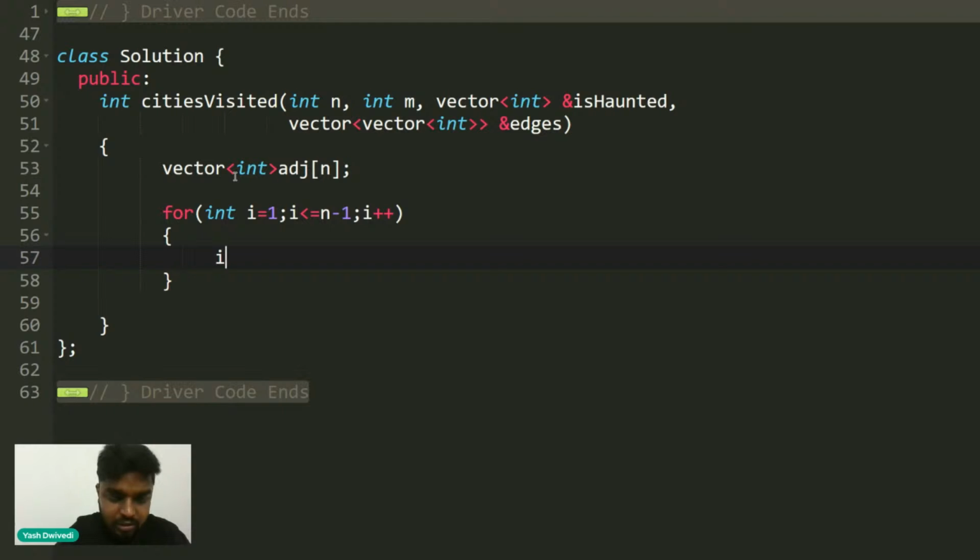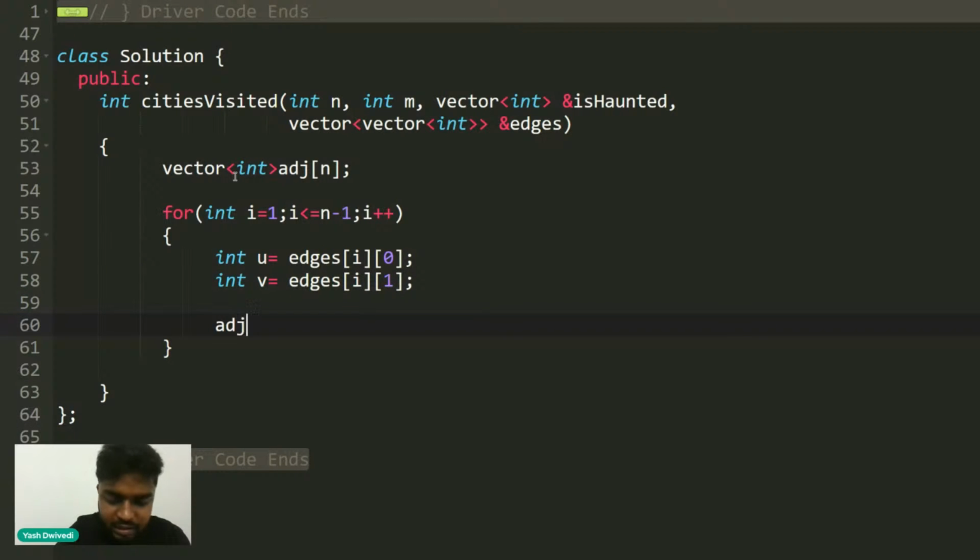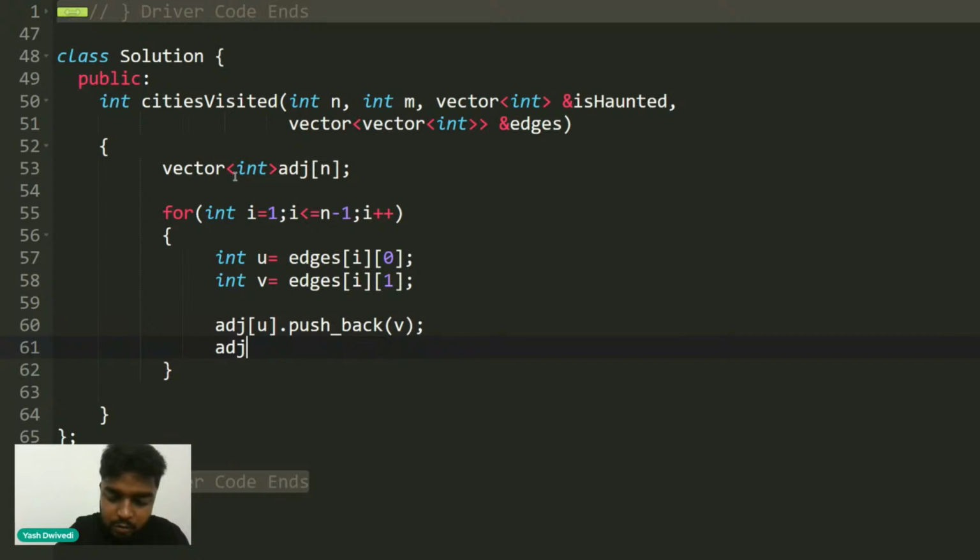Now I'll say that u is equal to edges of i 0. The first guy I can consider as u, and then v will be edges of i 1. After this, I'll push back v in adjacency of u. Then in adjacency of v, I'll push back u.